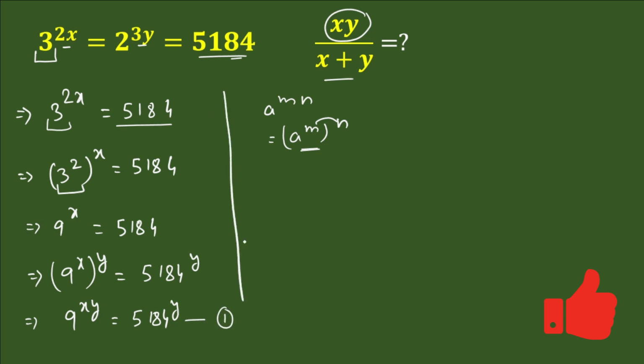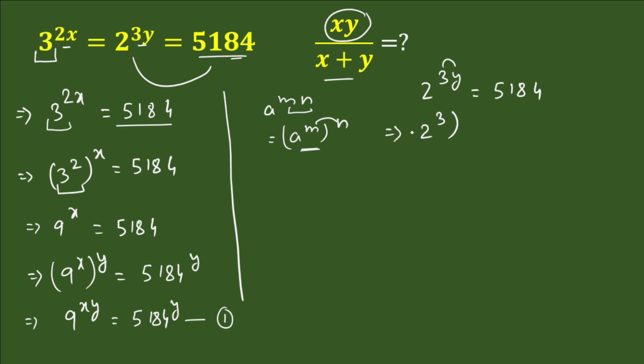Now moving next, we'll solve this too. So we can equate 2^(3y), which is also equal to 5184. Now here we have the multiplication of power 3 and y, so we can separate it. According to the law of indices, we separate this power. So we can write (2^3)^y, and in the right hand side we have 5184. Now in the bracket we have 2 cube. 2 cube is 8, right? So we can write 8^y, and that's equal to